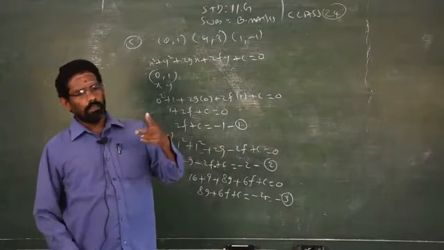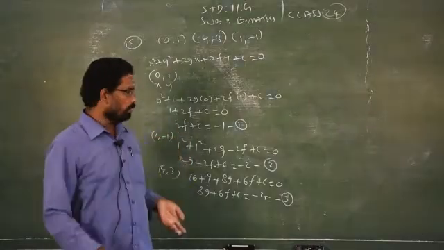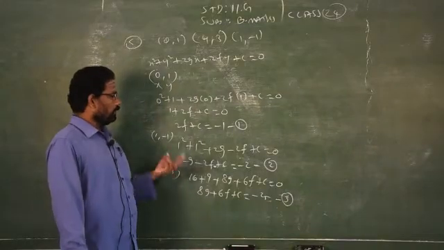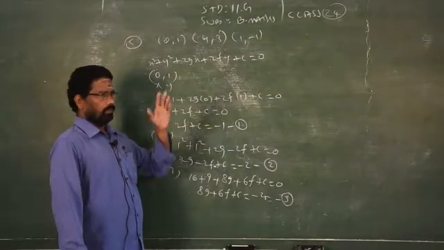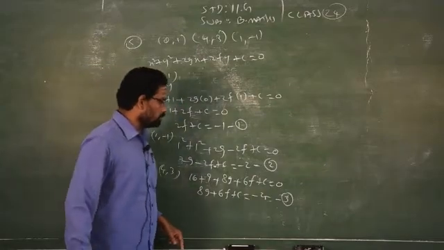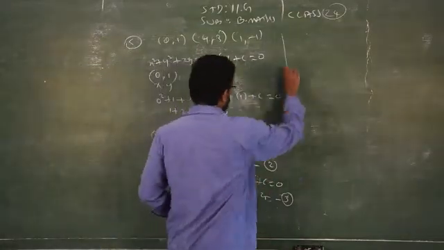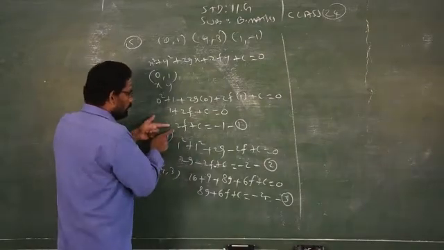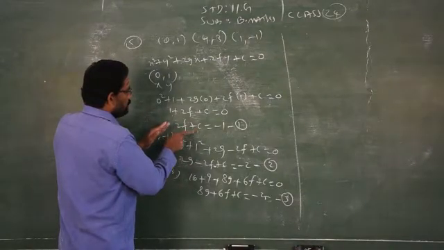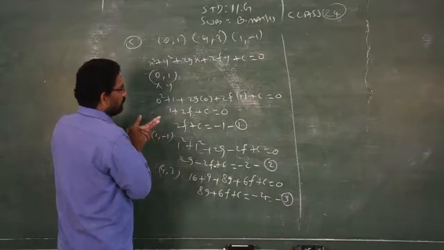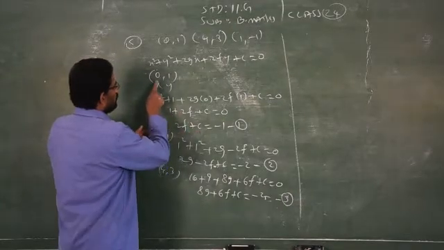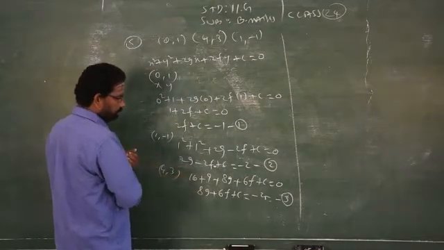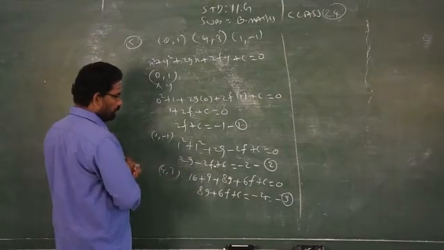Then you will get 2 equations that carry only the 2 variables g and f. So you can apply the elimination method and solve like x and y. So here in equation number 1, I don't have g, I have only f and c. The equation consists of only the 2 variables f and c because g is 0. But in equations 2 and 3, I have all the 3 variables g, f and c.